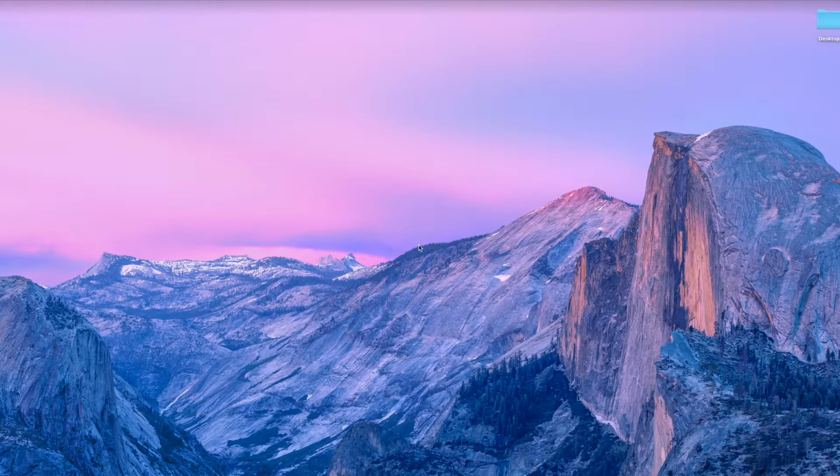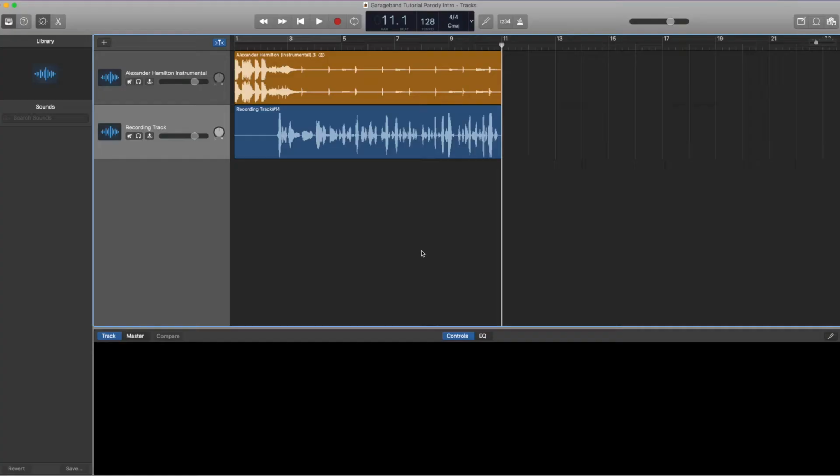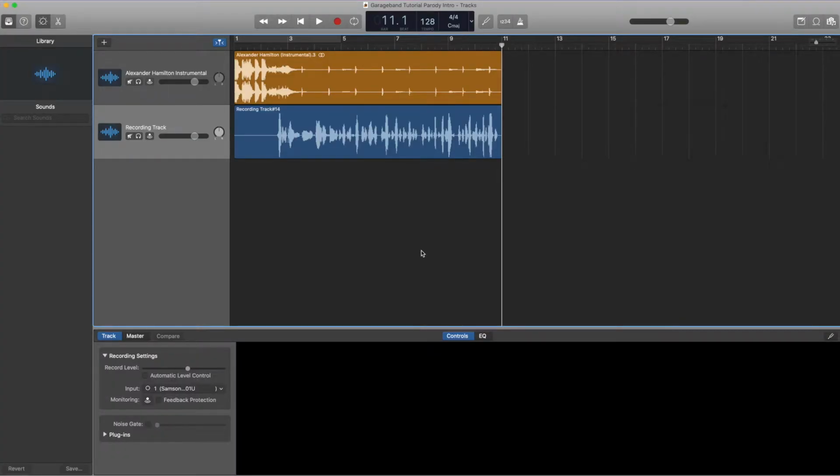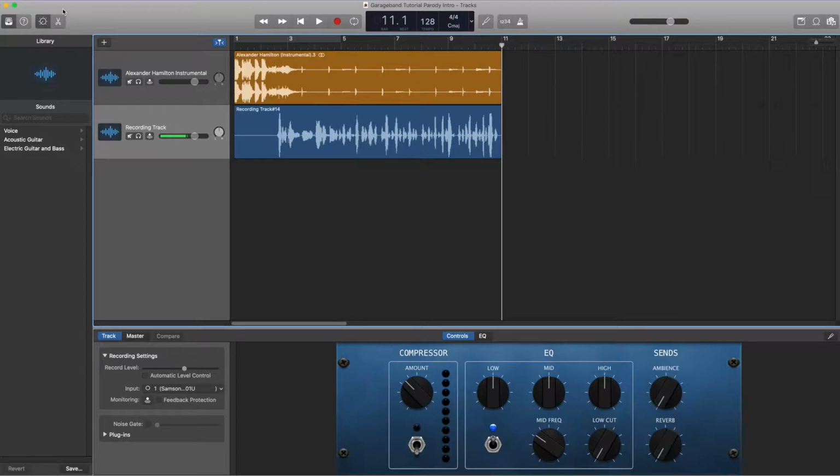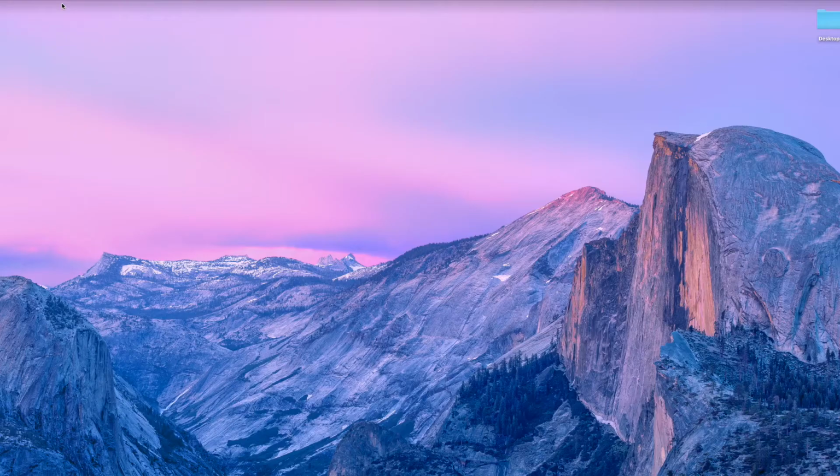And if you've already opened it and played around with it before, then it should open you up a project that you've already opened in the past, which is this, the one that I was just working on. And so I'm going to teach you guys how to do it. So I'm going to have to make a new project, which you go to File, and then you hit New.